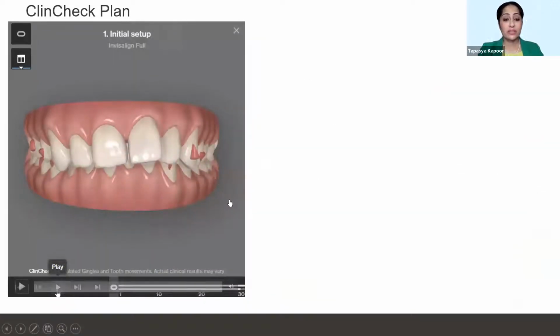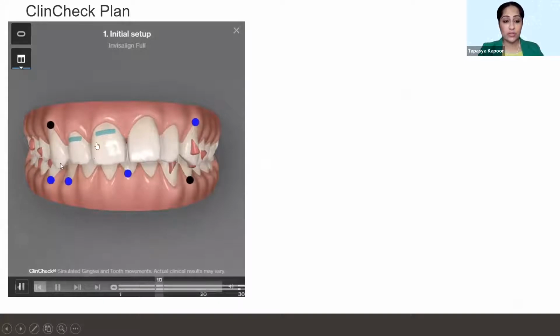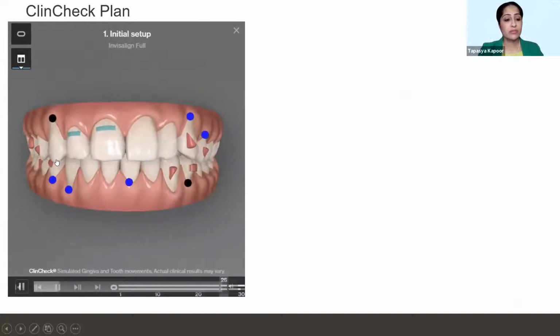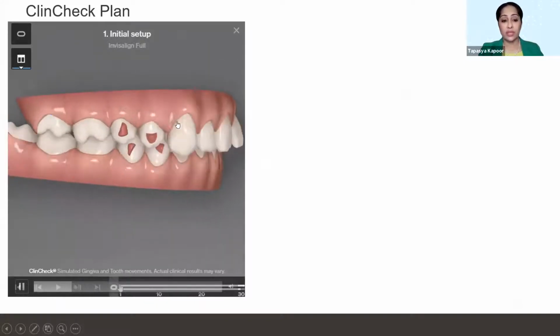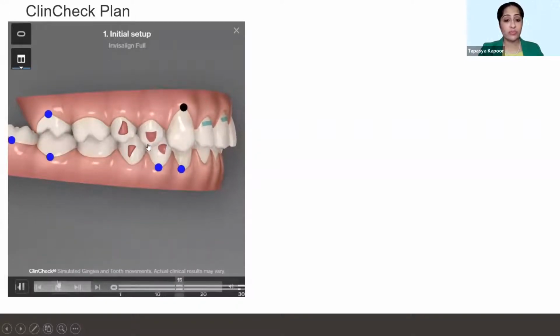Now, his first ClinCheck that came in. If you see, he's got some power ridges here. That's good because we want the torque. But there's a severe amount of movement of the upper right incisors and no attachment on the canines, where there is a lot of movement of the upper right canine as well. The only attachments I have are these 2 small attachments and 2 small attachments here in the lower.